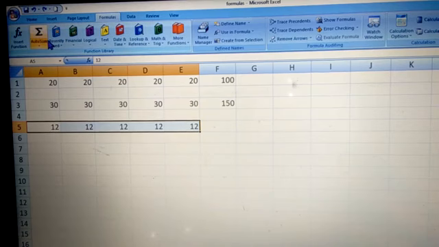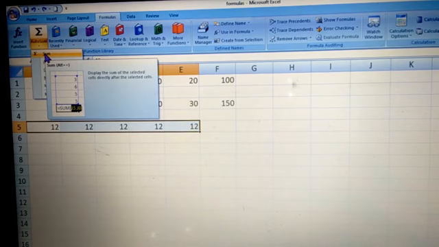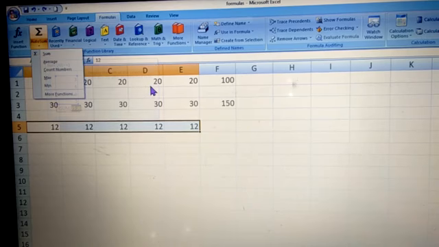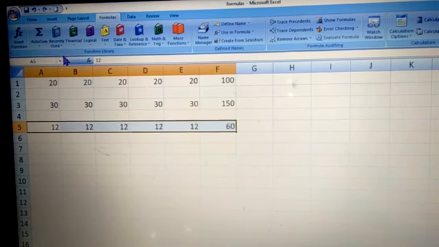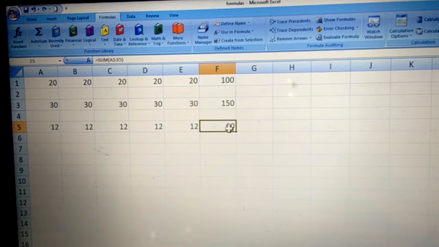Right? Now I want to sum. So 12, and that is 5 times. So 12 times 5 is, what is it, children? 60.